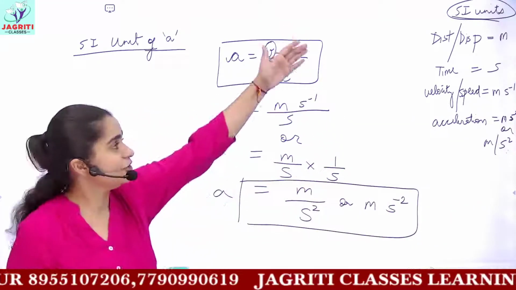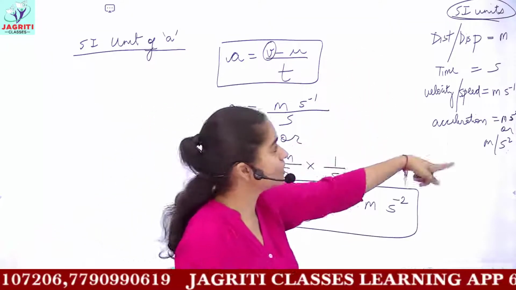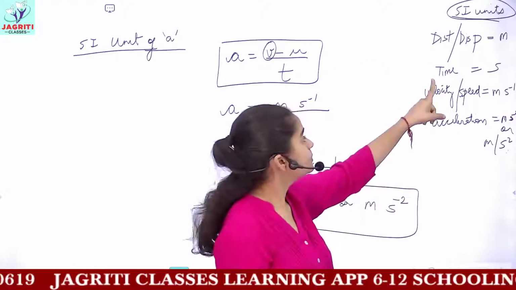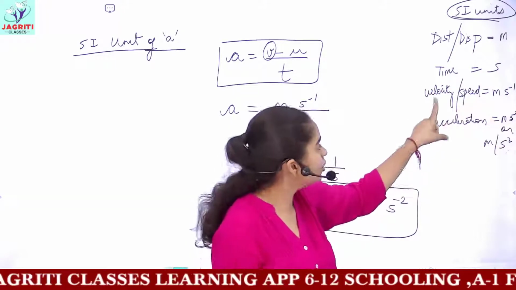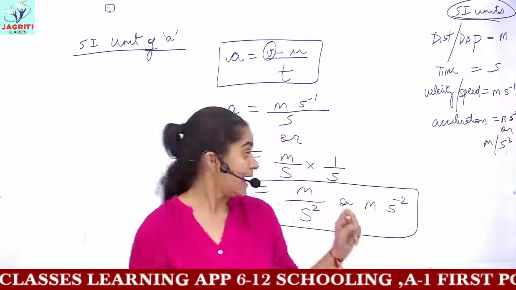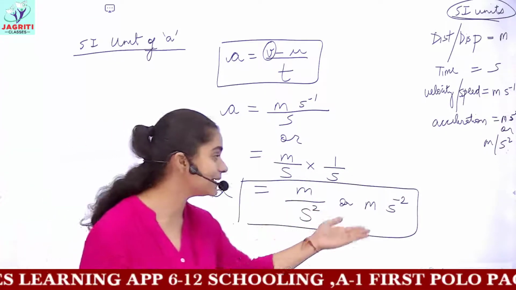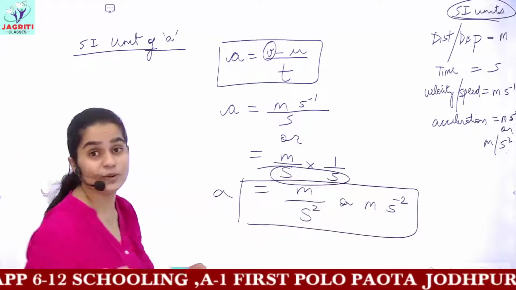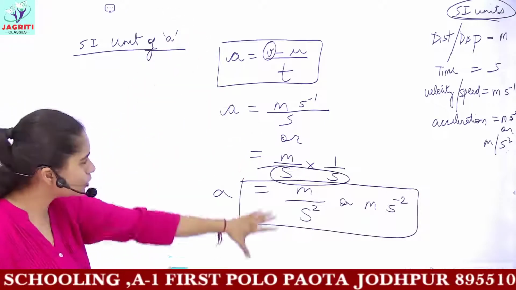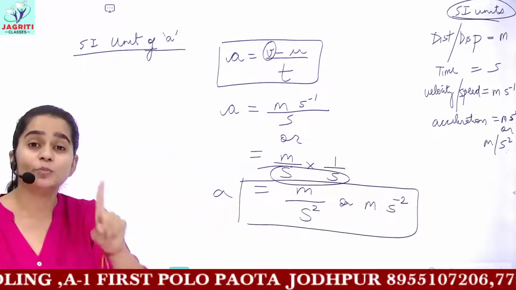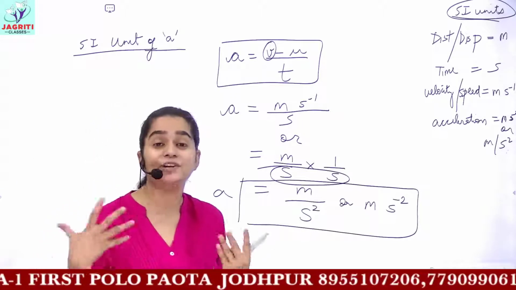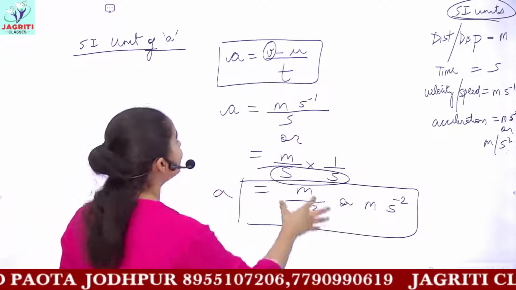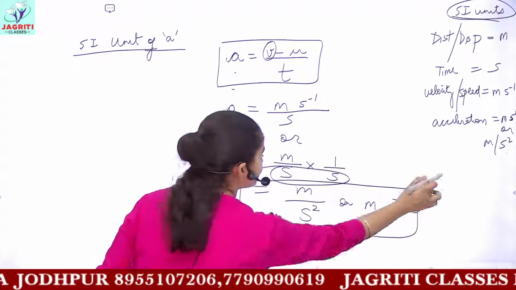So this is the revision of all the units, all the physical quantities and formulas we have done. Distance and displacement have the unit of meter. Time is measured in seconds. Velocity and speed are measured in meter per second. And acceleration has meter per second square. Why you got a square, you can see from the calculations. I told you how to find units from the formulas. If you find it difficult to cram them, you can easily say from the formula that acceleration would definitely be meter per second square.